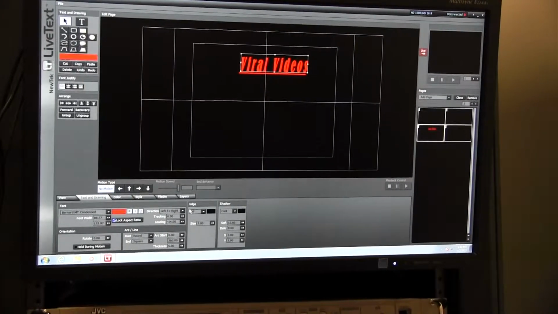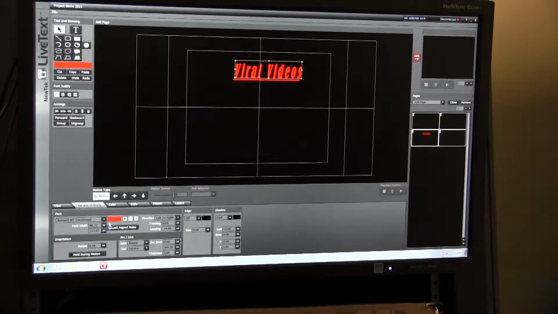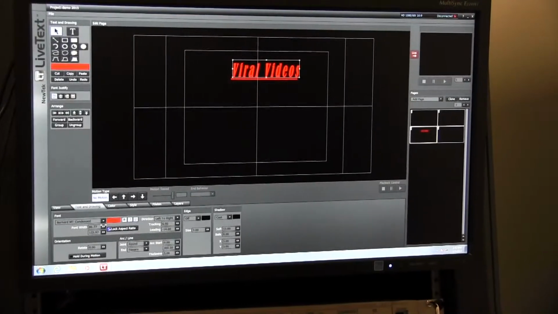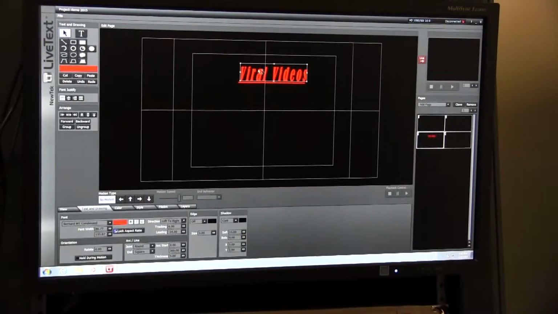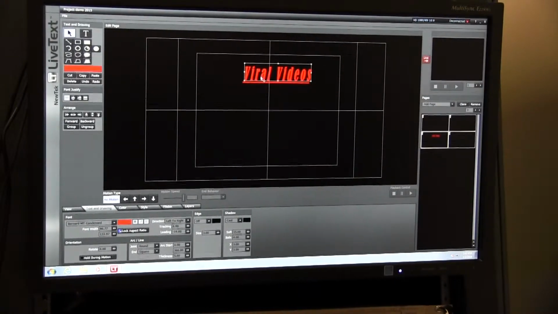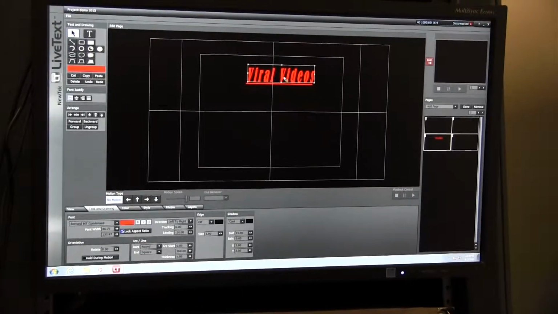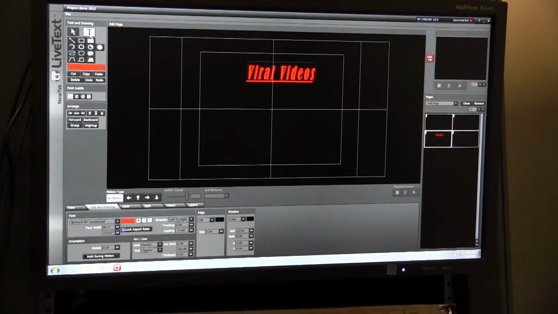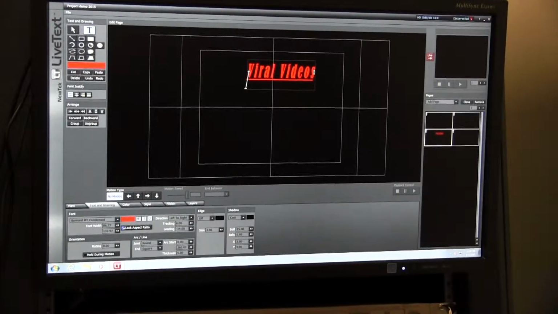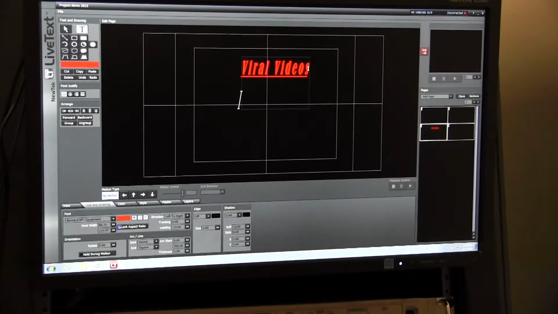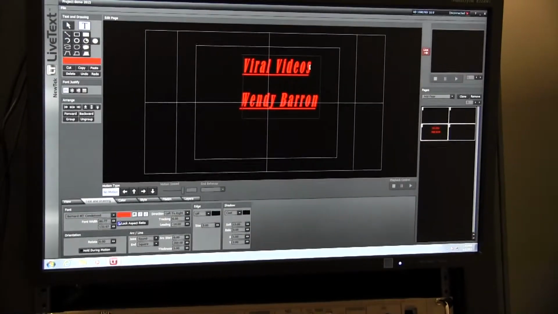You can see here that we also can do edging, we can do shadows. I'm not going to get into everything, but you certainly are welcome to play with these different features and come up with some different things. So once I am happy with my font style, my font size, my font color, etc., what I could do is I can then go back to my text box and I can maybe enter in some of the additional information that I need to put in here, which would be director, which I guess I could put my own name in for now, the date,